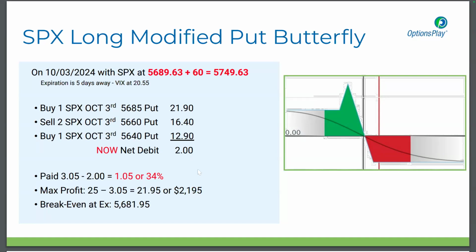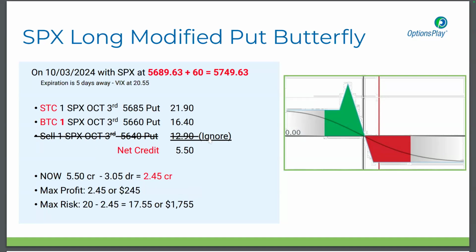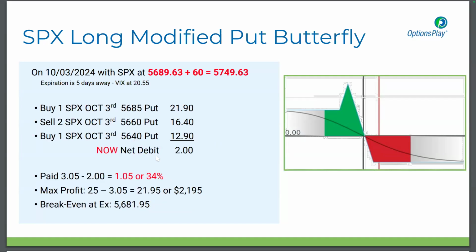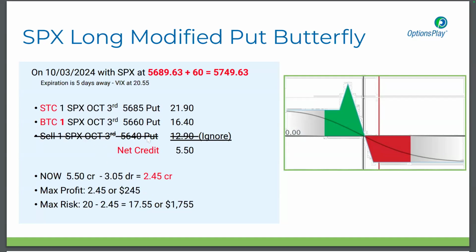Now remember everything that I just talked about on the playbook, okay? We're going to ignore this option for right now, but realize that it's still in your account, right? And exactly what I said based off of the playbook. You've got a short put spread and you have a long put spread. We're going to sell the long put spread. And if you notice with my slides, I got really tricky and I highlighted everything that's basically different from this slide over here. Okay, so we're going to ignore this, but realize that it's still there.